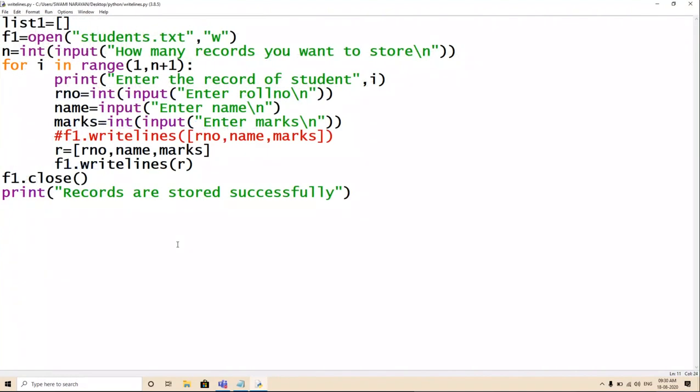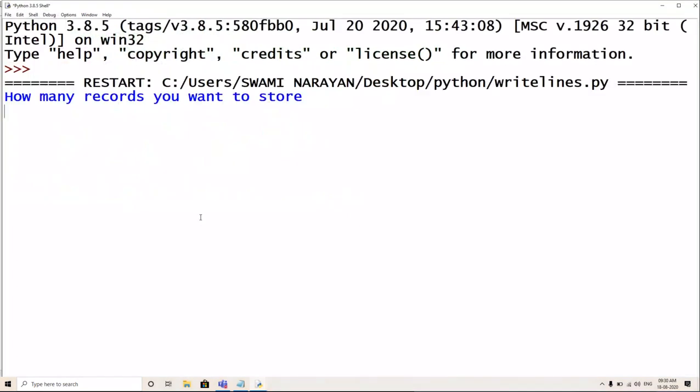What is the meaning of this? The meaning is that since we are dealing with a text file and we are trying to store integers, there are two options. First one, either take all things as string. Just a minute. Fine, this is now all string. Let us just execute now and let's see the behavior.